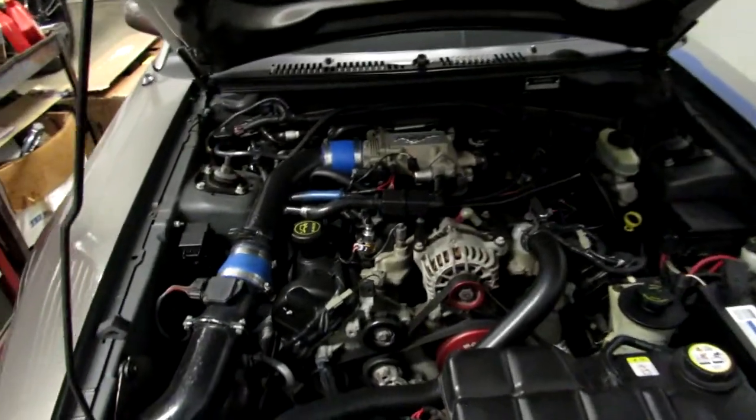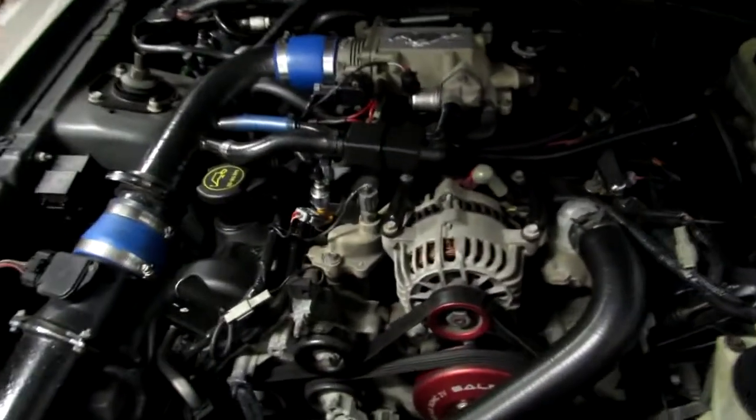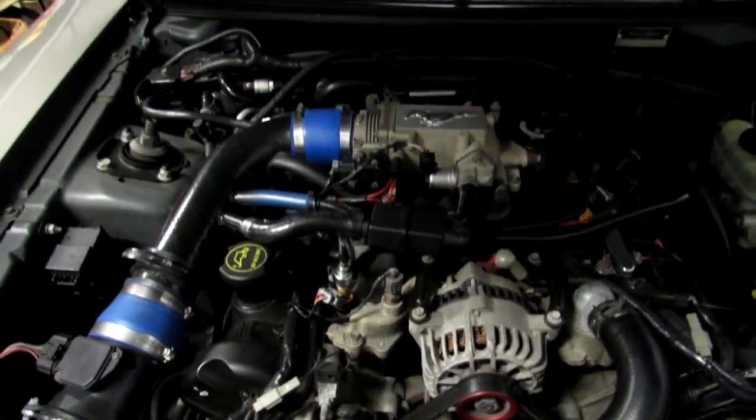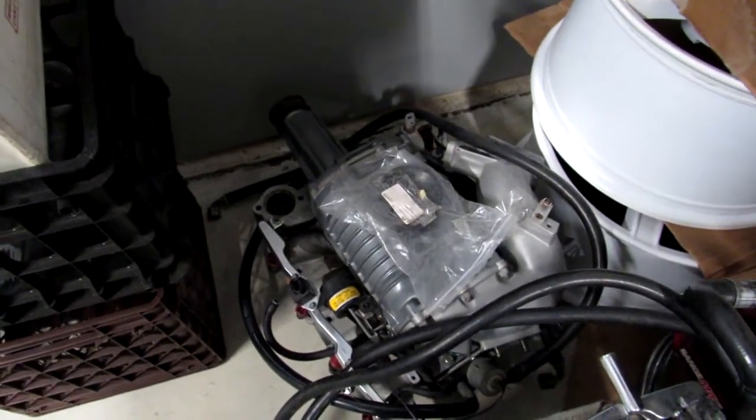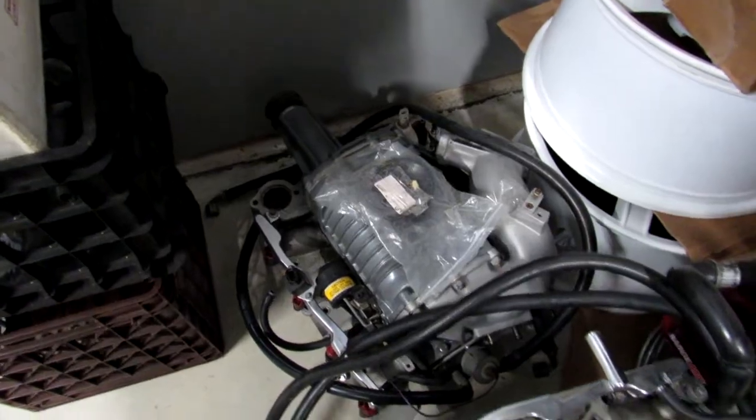My car has an S281 naturally aspirated, and we're going to put a Saleen Series II on it, which is correct for this year. First thing we gotta do